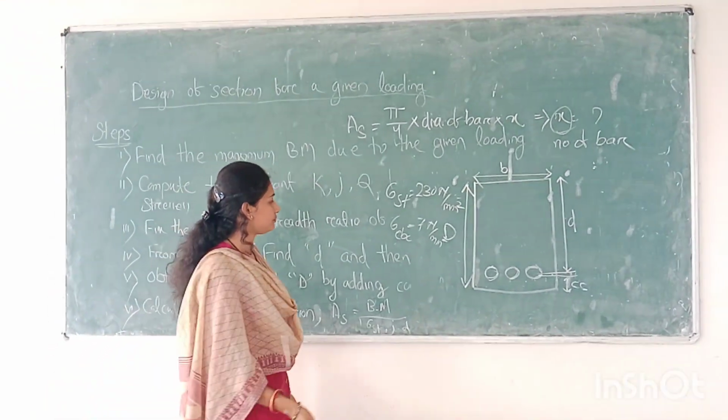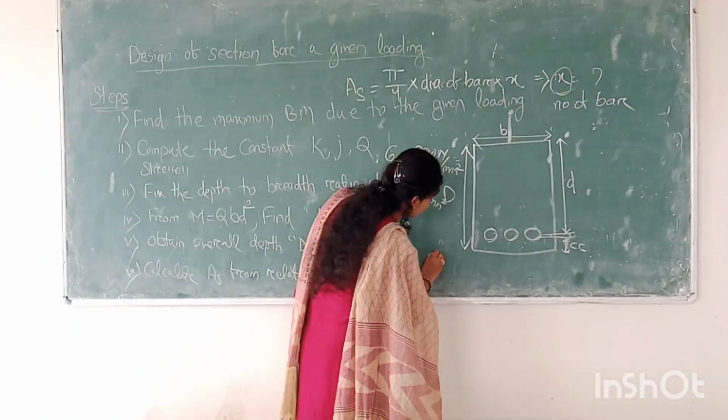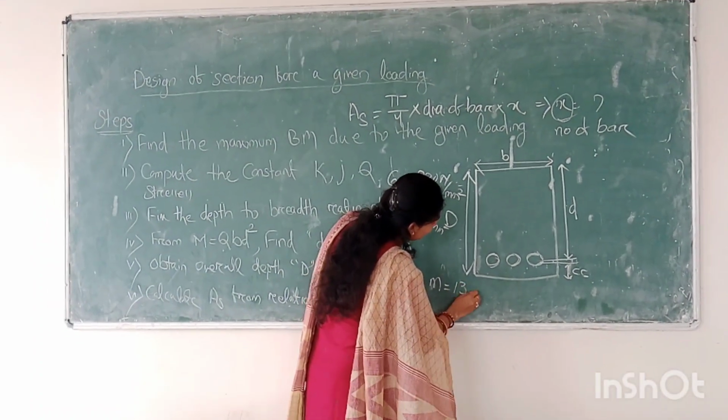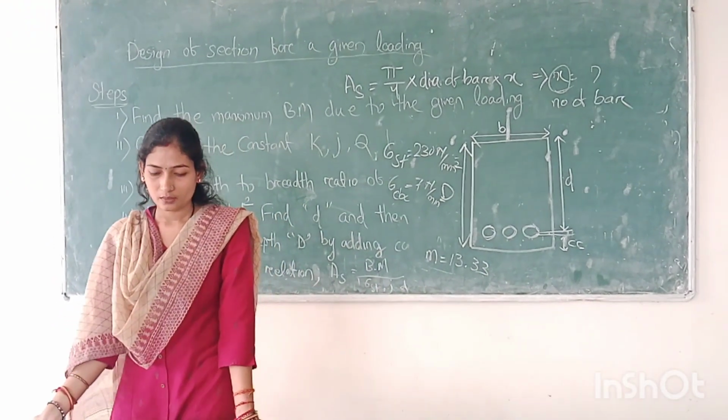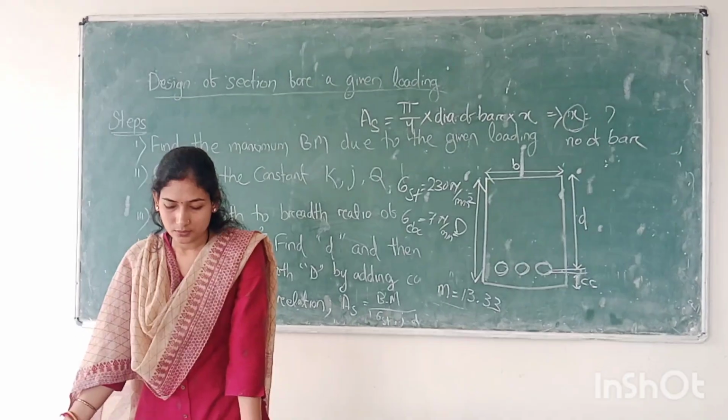And the modular ratio m equals 13.33. So solve the